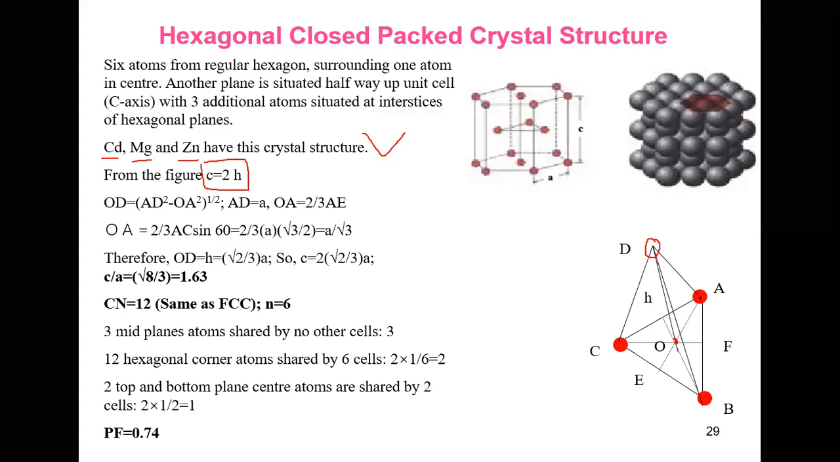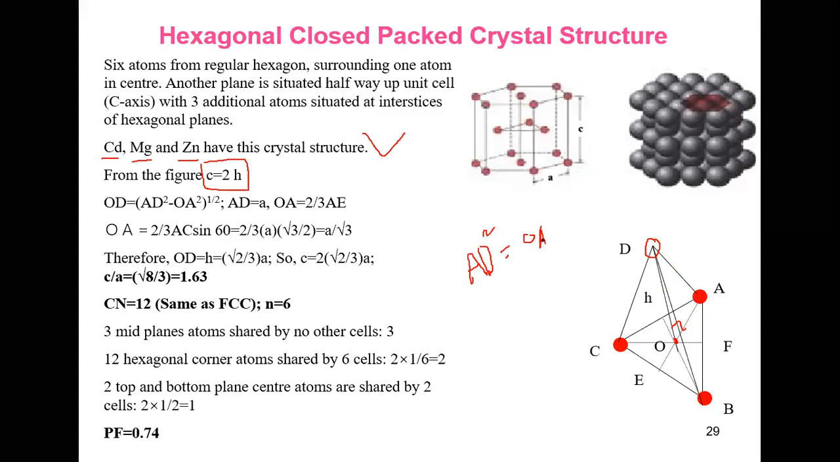Now you see, triangle ODA is a right angle triangle. Which one is the right angle? The right angle is this one, this one is 90 degrees. If this one is 90 degrees, this one will be the hypotenuse. So the hypotenuse means AD square. If we apply Pythagoras, AD square will be